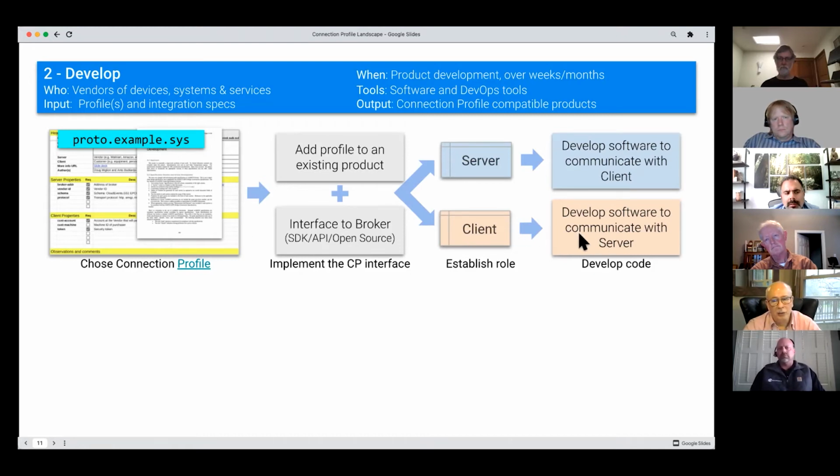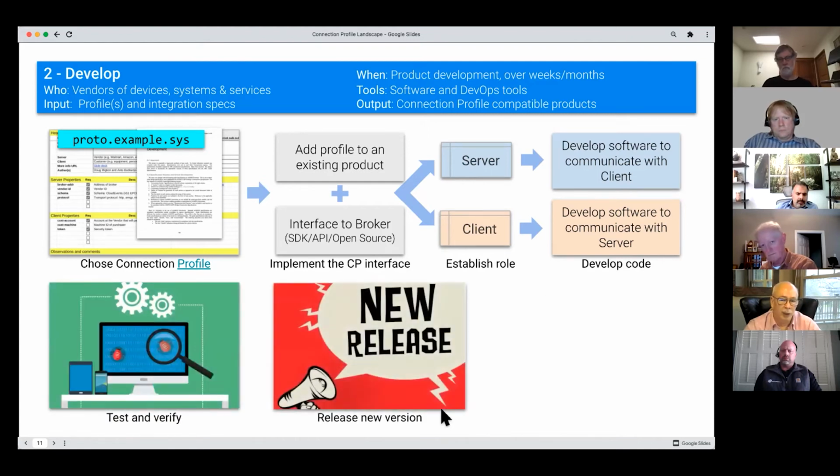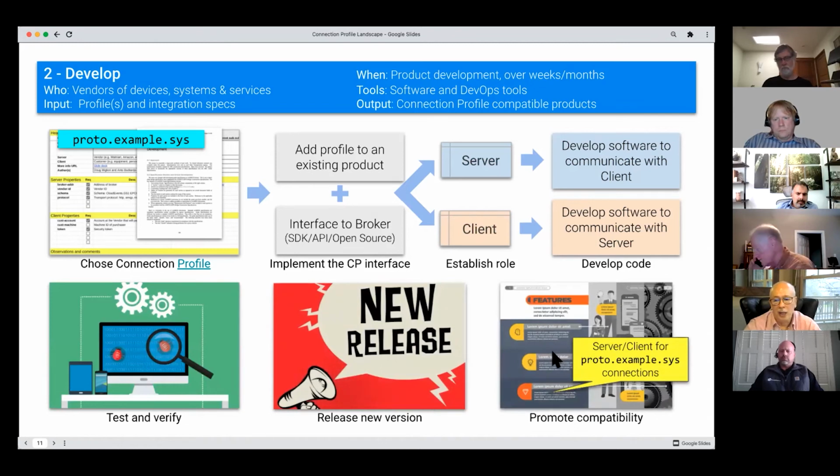So this is almost like a closed loop software development cycle, because this is the specification and you go and develop code. Once you've done that, you develop relatively straightforward code. This will be using the APIs that we talked about earlier. You then test it, you then release it, and you go to market to say my product, Acme control system, whatever, is compliant to be a server of this particular profile or a client, or it could be multiple profiles. So this is how you build connection profile